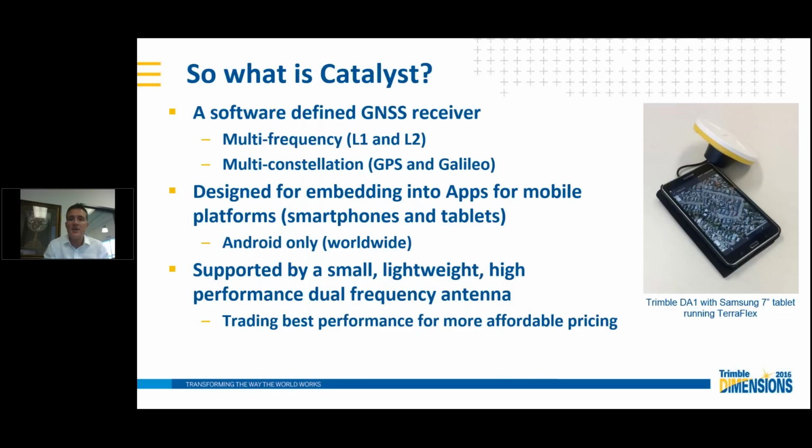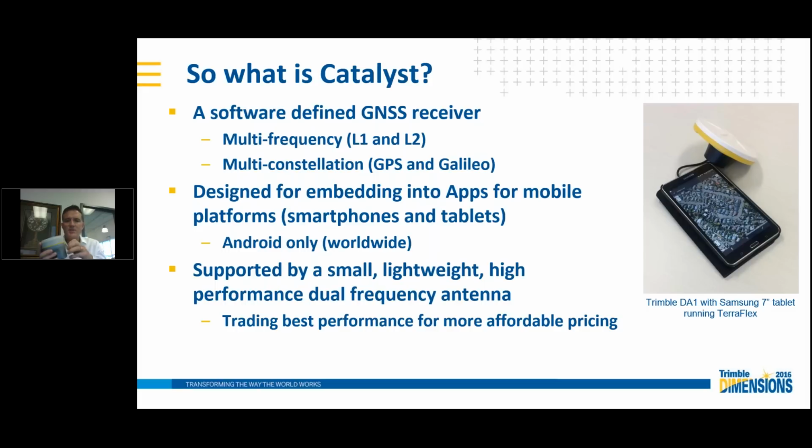So what is Catalyst? It's a software-defined GNSS receiver with a multi-frequency L1 and L2 antenna and multi-constellation. For right now, it's just GPS and Galileo. The way we describe soft GNSS, and I've got a receiver here, I can't see myself on the screen, but hopefully you can see me. This is an integrated GPS receiver. It's got an L1, L2 antenna in it, and also inside we have an RTK processor. There's a differential processor. There's clock information. There's orbit information, and all that computes the position